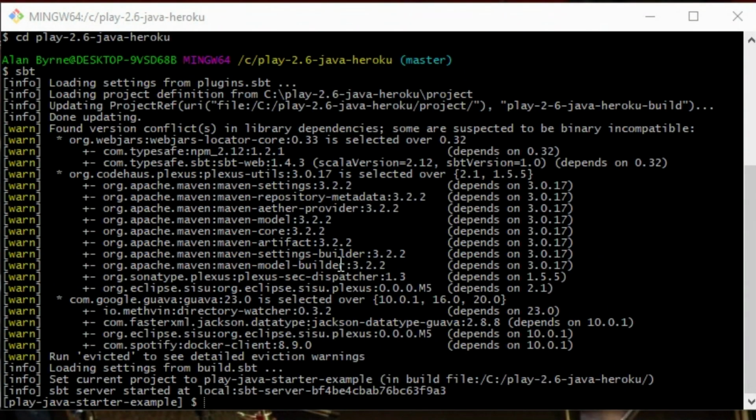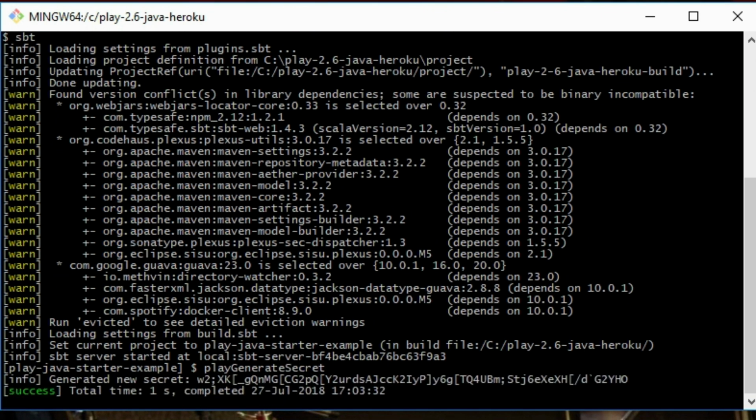Okay, so the Scala build tool has finished its process. So now we can generate an application secret for the app. You do that using the playGenerateSecret command. So playGenerateSecret. Okay, so there's our secret key. Just want to copy that